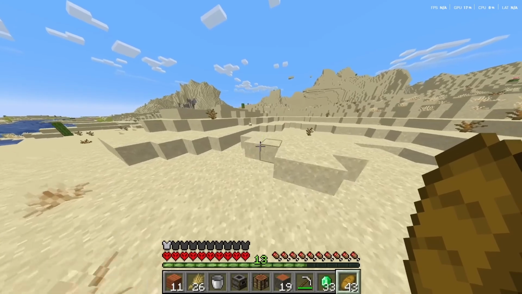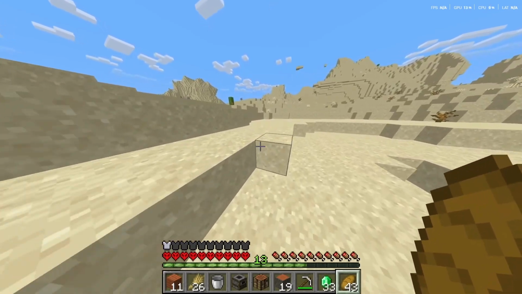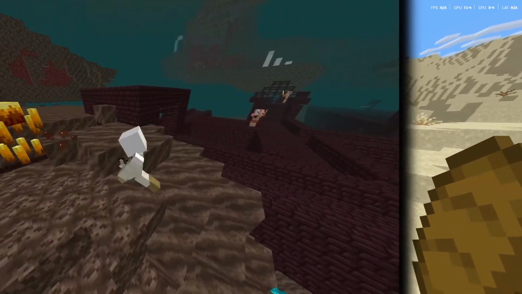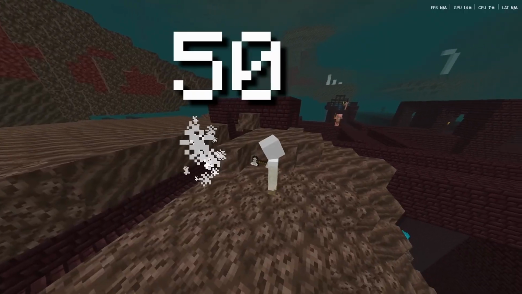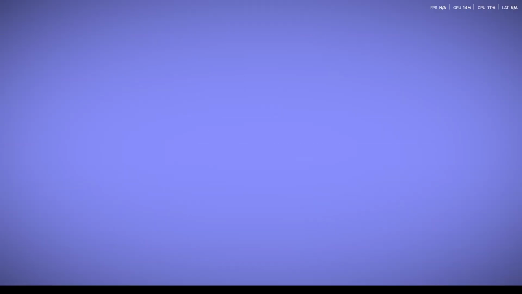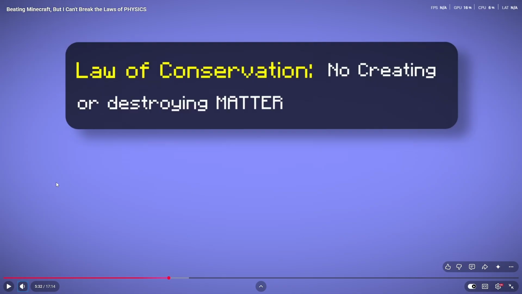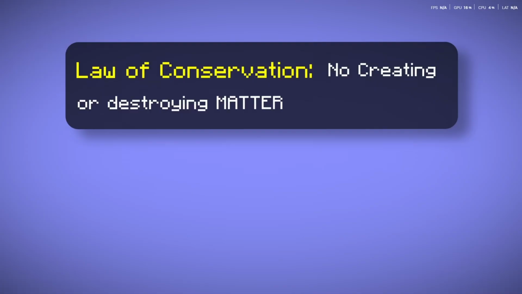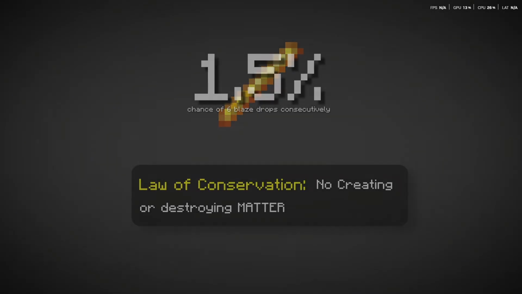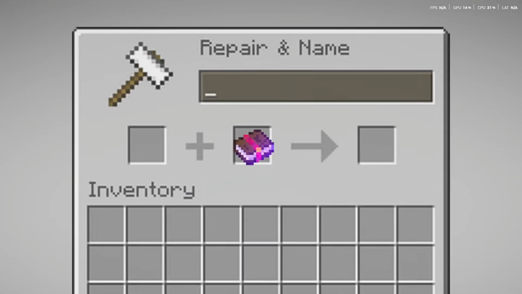Okay, now that I stole some stuff, I think I need to actually explain my plan for beating the game. Like I said earlier, blazes only drop rods 50% of the time when they die, unless you're dream. Since we can't see right there, during that funny moment, pause the silence after he told the joke, silly sound effect that cues the audience that you can laugh now. Is to use magic. Yeah, I'm gonna go for a looting 3 sword.